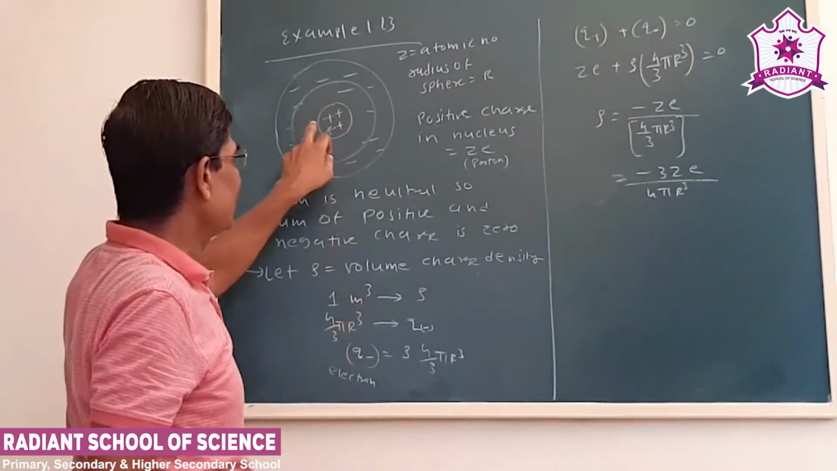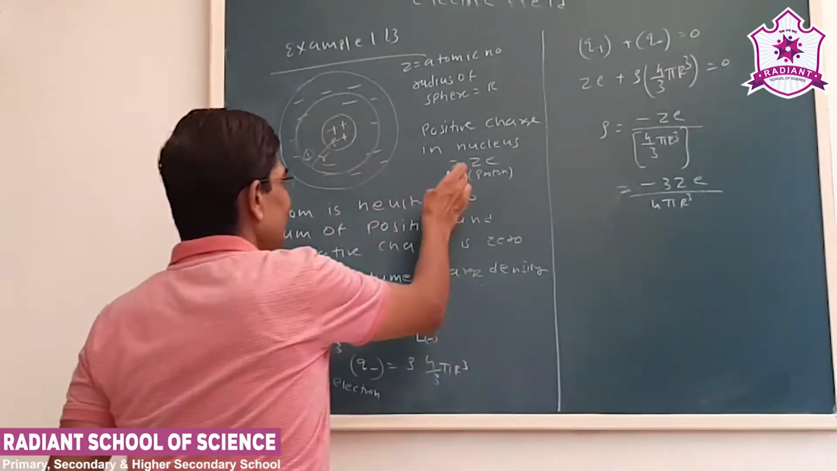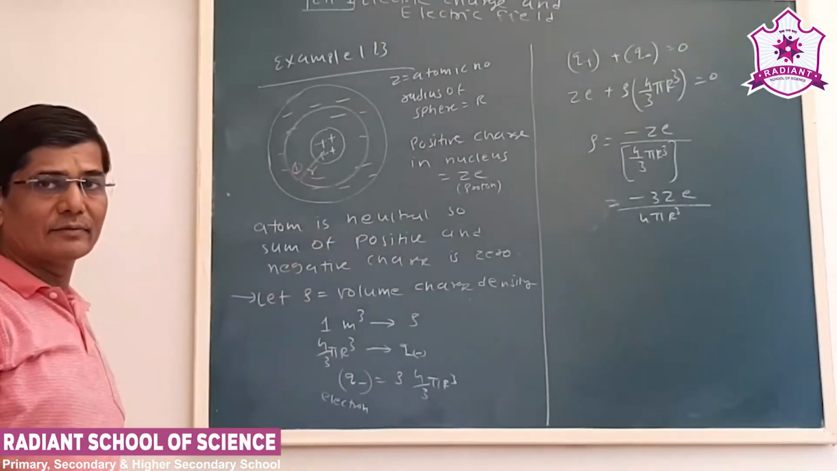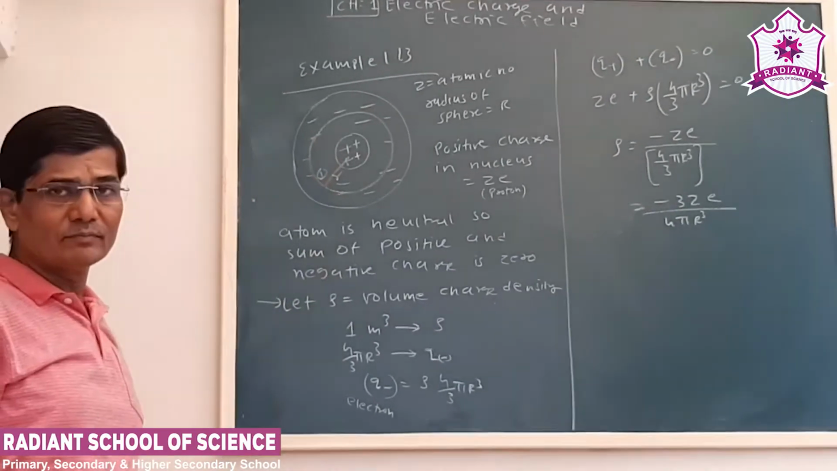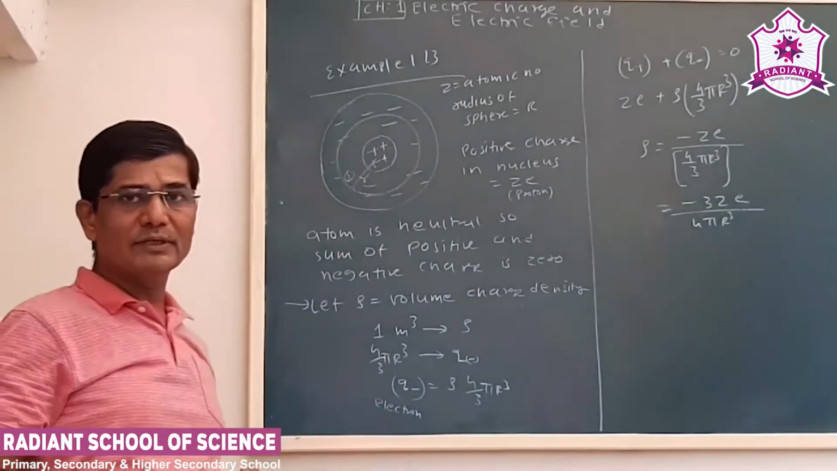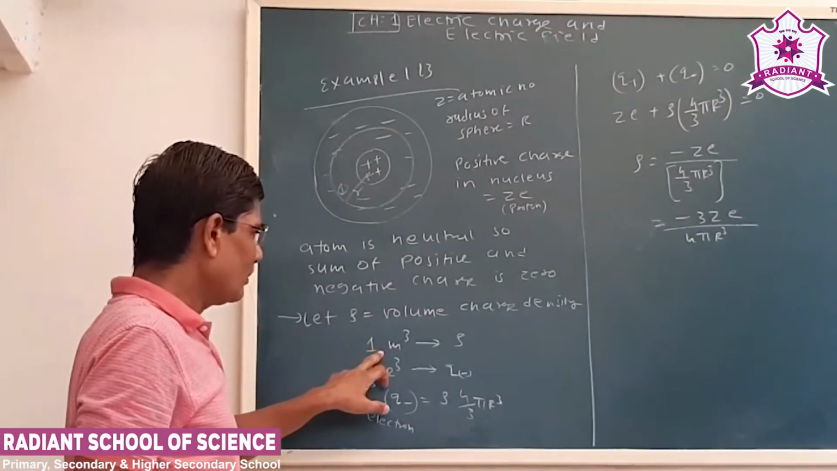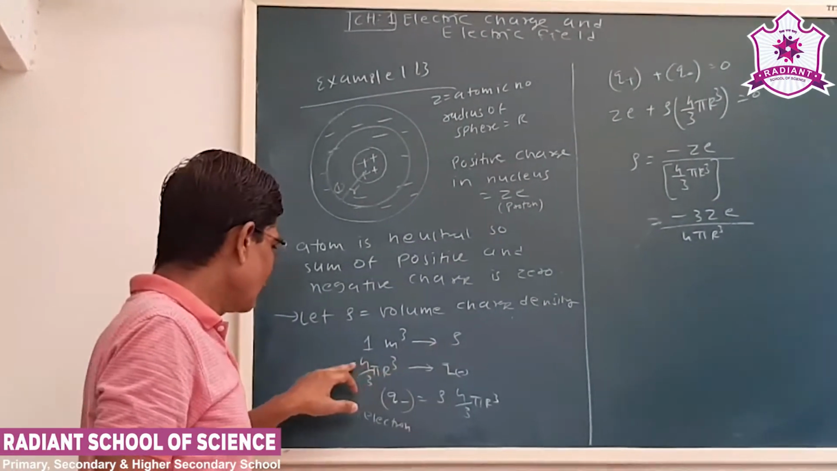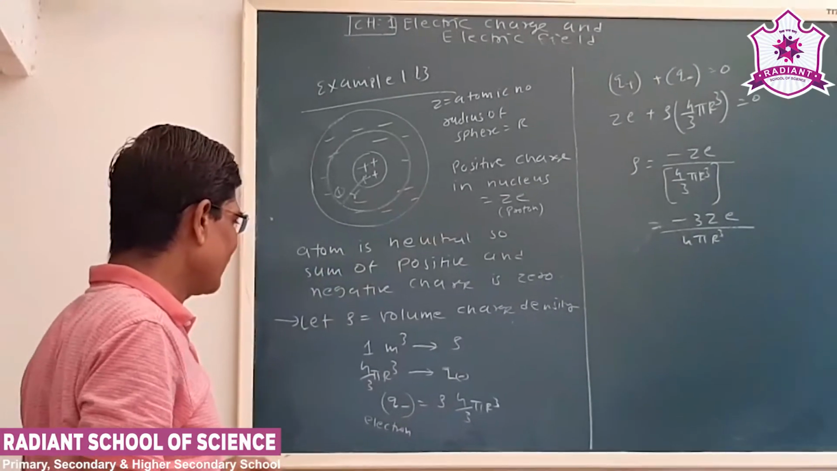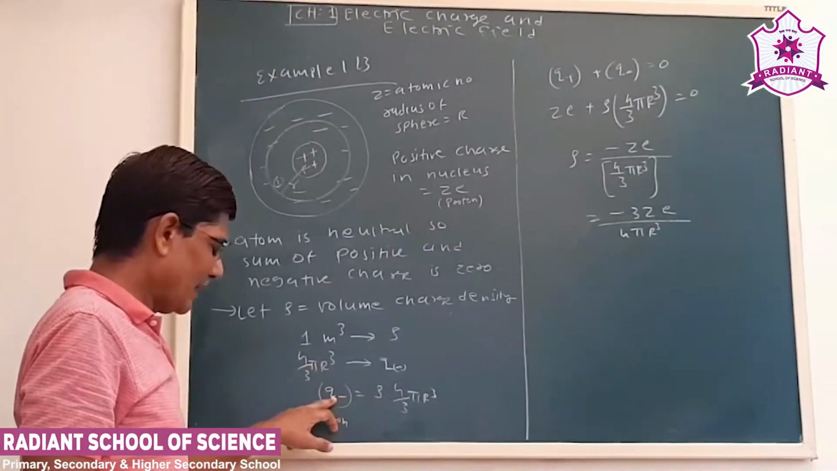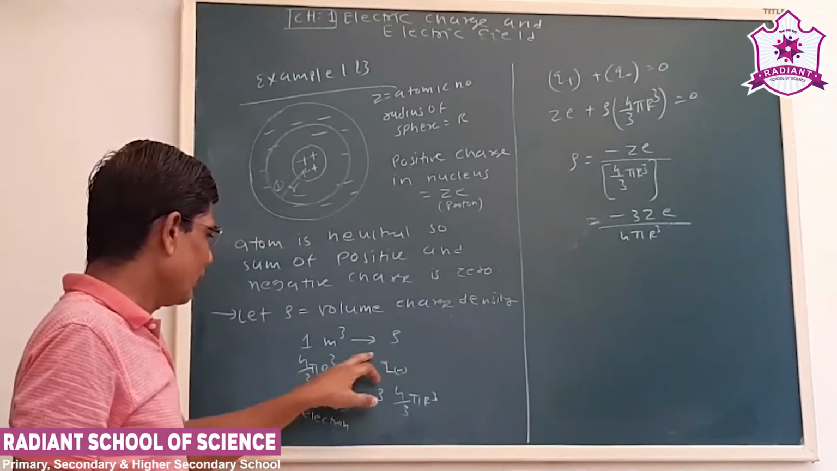Now see, the positive charge is Ze, that is plus Ze. What about the negative charge? We know it is a sphere, so it will have a volume charge density. Let us say the volume charge density is rho. So in 1 meter cube there is rho charge. The volume of the sphere is 4 by 3 pi R cube, so the total negative charge q minus is rho into 4 upon 3